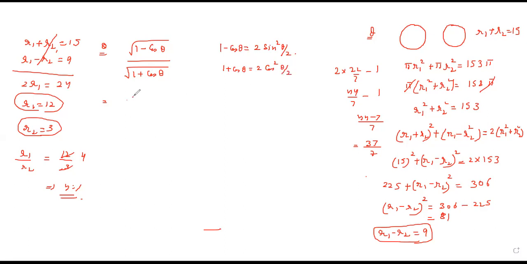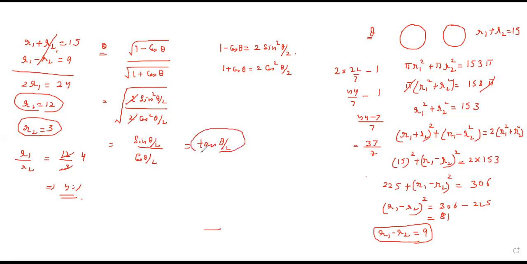So if I substitute here, 2 sin square theta by 2 upon 2 cos square theta by 2, and there is an under root over the whole. So 2 goes with this. Now see, the under root of sin square theta by 2 is sin theta by 2, and the under root of cos square theta by 2 is cos theta by 2, which is equal to tan theta by 2, because sin over cos is always equal to tan. So this is the solution. I hope it is clear, but I don't think it will be asked in the paper because these formulas are not part of your course. Okay, sir. But still I have solved it. Sir, can we also solve it by conjugates?